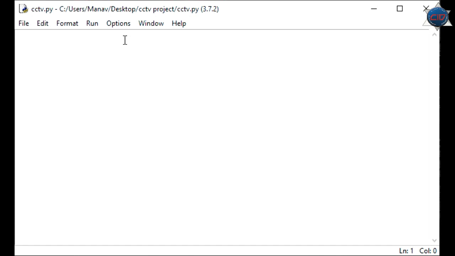Now I hope you have installed, so we'll have to import the cv2 module, and cv2 comes with OpenCV. We are also going to use the time module, so we'll import the time module, because under CCTV we want to show the current time, okay, and we will also save that video file in a folder in MP4 format. So we have imported our necessary modules.